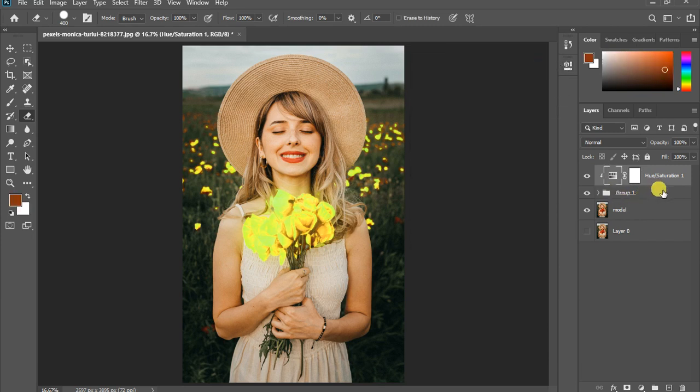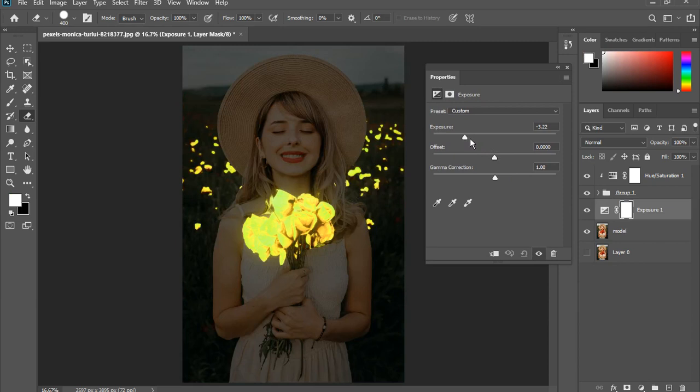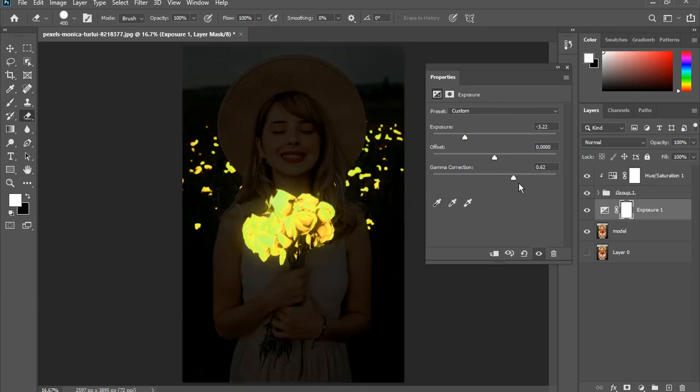So after that, we've succeeded in making the flower glow. For this one, we are just going to decrease the exposure so that it looks as if the model is in the night and not the day. So come here, adjustment layer, and then click on exposure. Now it's going to bring out your exposure panel. So you will decrease the exposure and the gamma. Decrease the exposure till you get something you want, and also decrease the gamma so it looks